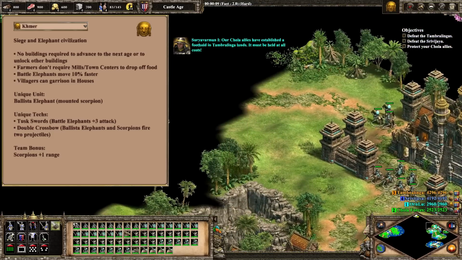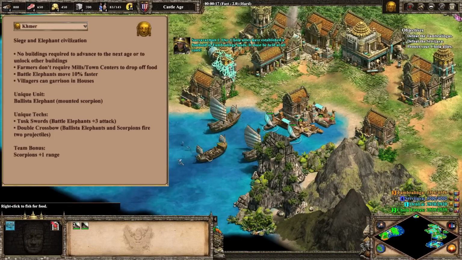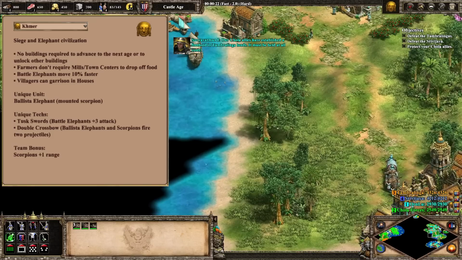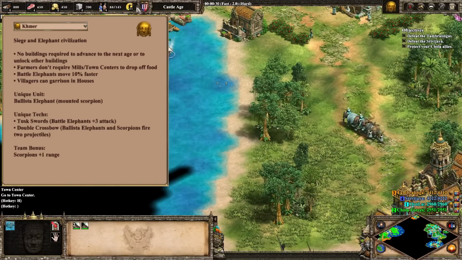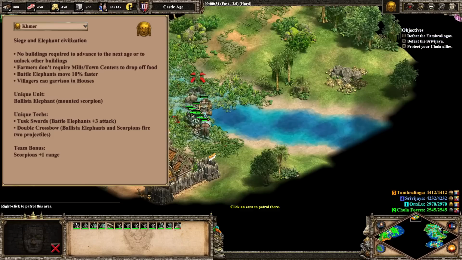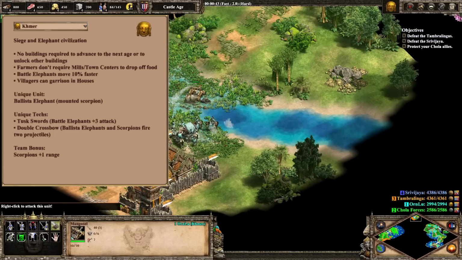Our penultimate Civ for this episode will be the Khmer, who hail from the Rise of the Rajas DLC, and according to the tech tree are a siege and elephant civilization. This is accurate enough, but more than anything else, I would say Khmer are an economy civilization. Both eco bonuses with this Civ are quite powerful, and when combined, give them a ton of strength throughout the